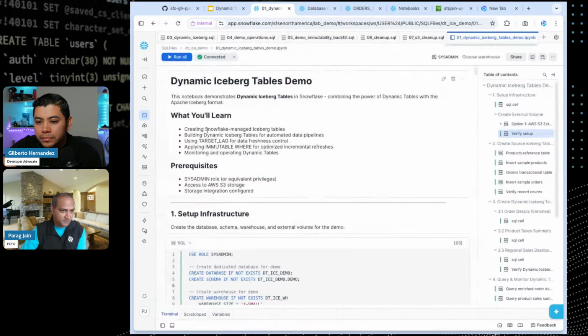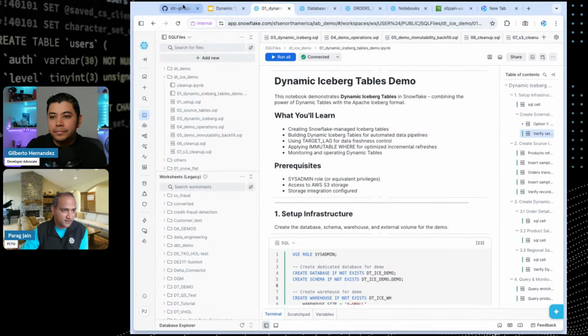And I'm gonna minimize the panels that we don't need. And I have opened up one of the labs that I've built in my GitHub repo. So step by step, there are many SQL files, and they are numbered, so you won't be lost. So you can start with setup, then create source tables, then create dynamic tables, and then provide different operations for your dynamic table. What I've done is I've listed all these steps in a notebook file, and Snowflake Workspace supports